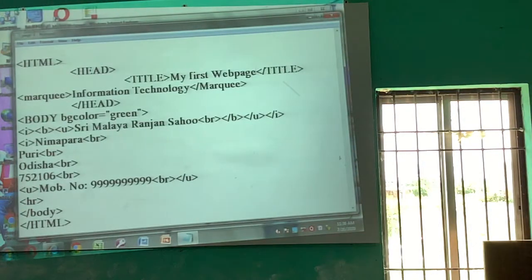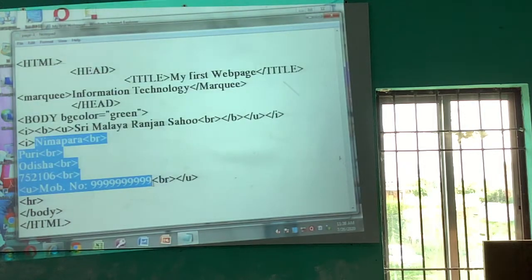See, the I tag is started here, but its closing tag is not present in our document, then including addresses and the mobile numbers, which are not to be shown in italic effect as per our assignment, but as the ending tag is not given, from this point to this point, all these contents will be rendered in italic.